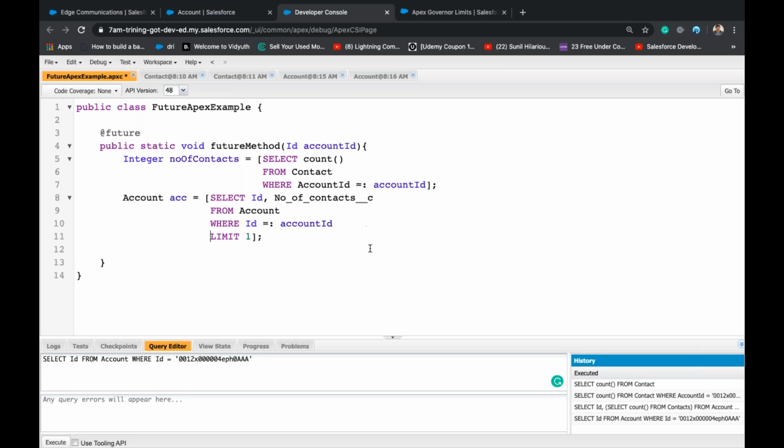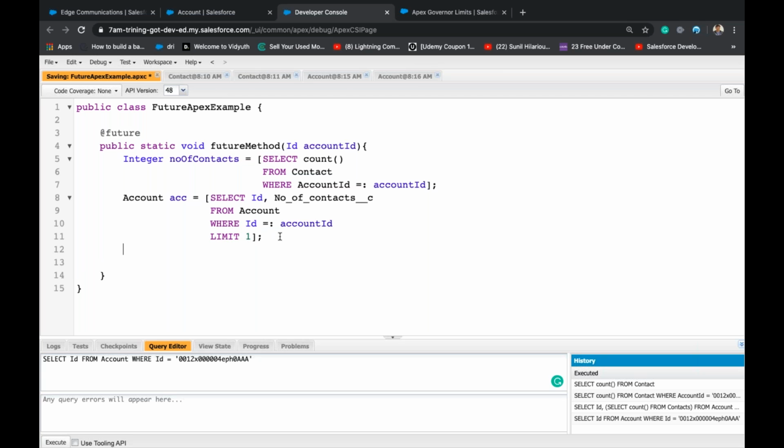If you want to get single record, always try to use limit 1. It's just a good practice. With account ID will get only one record, because account ID is unique. But still, it's always good practice to have limit 1.